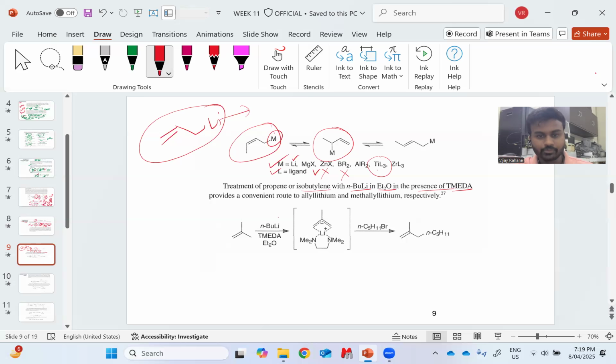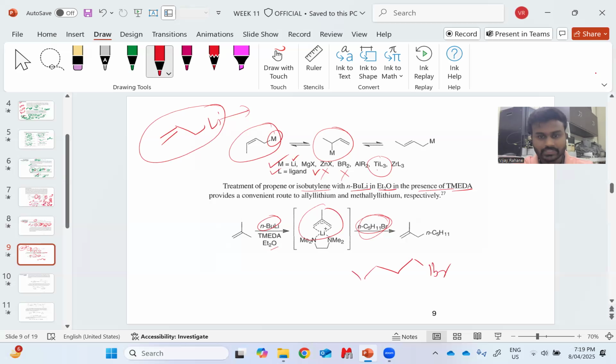So you can see here the butyl lithium needs to be added with TMEDA in dry ether. So it gives the formation of this compound, followed by this lithium, and it gets the stability because of this chelate. And when you add any kind of compound which has, like, the bromo compound that they added,